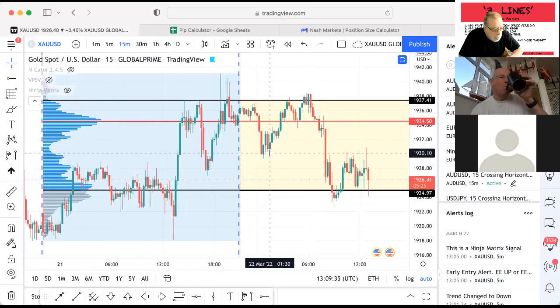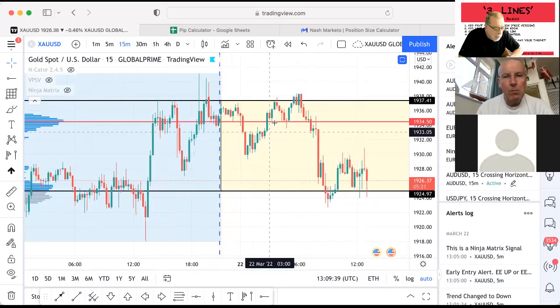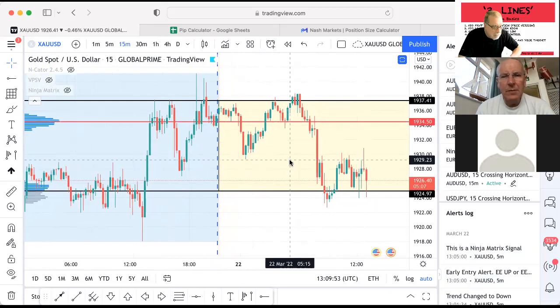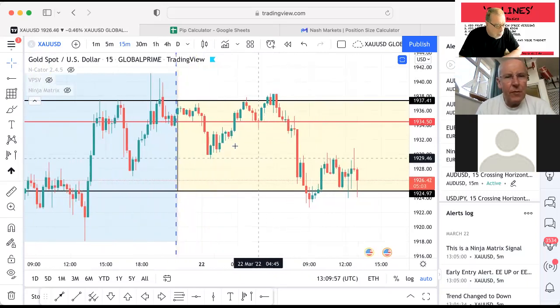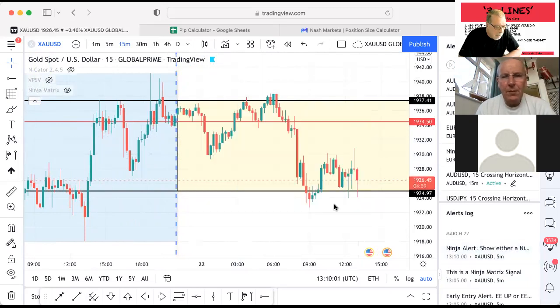Strictly following the rules, we would stay out then until price returned up to this point, and we would take a trade back down to the target. And then the third possible trade was from the top there down to the target. That's if you're just going to follow the three-line strategy rules, because we always take trades from either above or below the target,